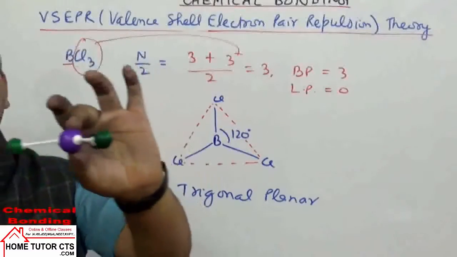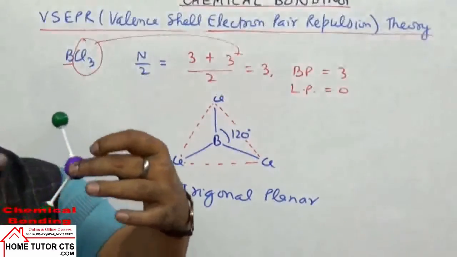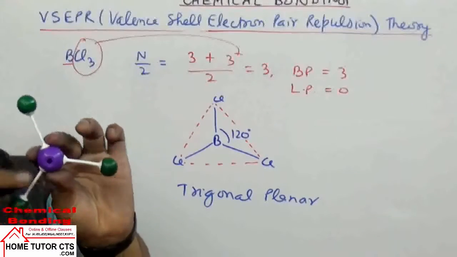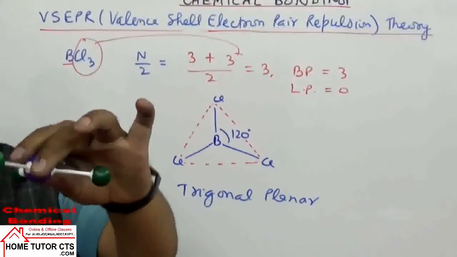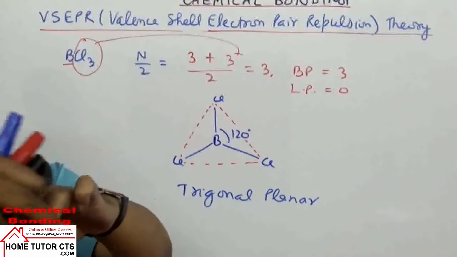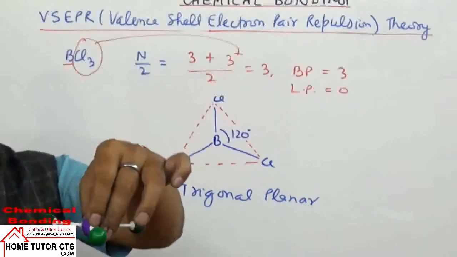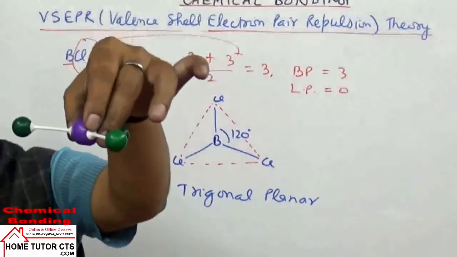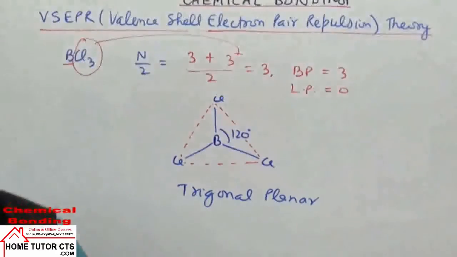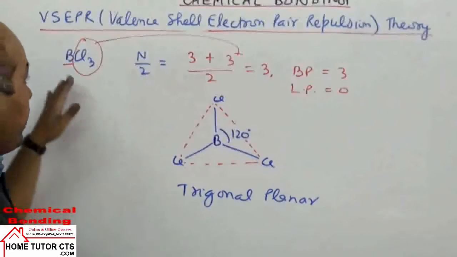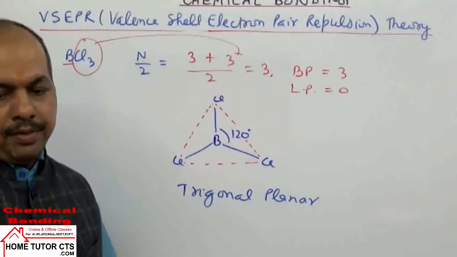All the atoms are lying in same plane, one plane. You can take one plane in which we have all the atoms. So this geometry for that reason called trigonal planar. Shape trigonal because joining the corners, shape become triangular shape. So trigonal, atom in same plane, so planar. Shape is called trigonal planar. Now that's n by 2 value 3. Shape is trigonal planar if there is no lone pair.